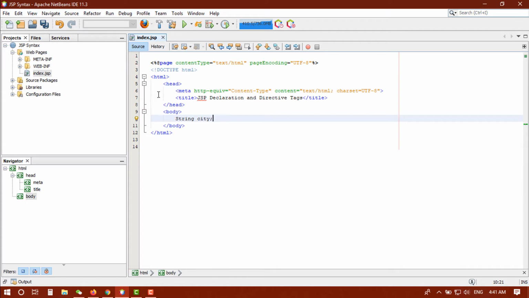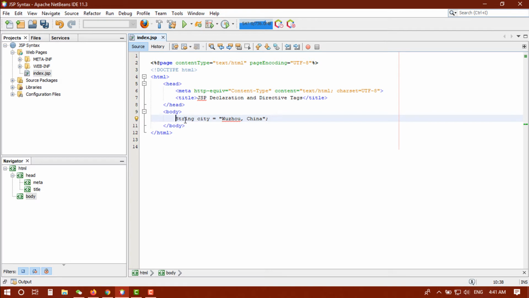In this way we declare a variable in Java, and we also give a value to the variable. So let's say Ujo China. Okay, this is the variable we declared in Java, but in a JSP page we can't use this,